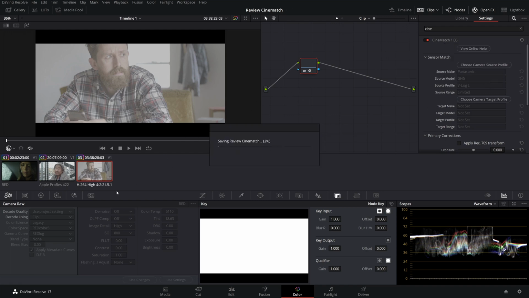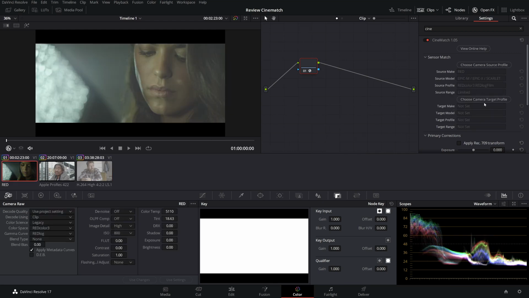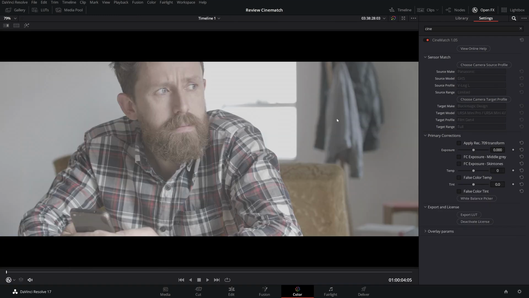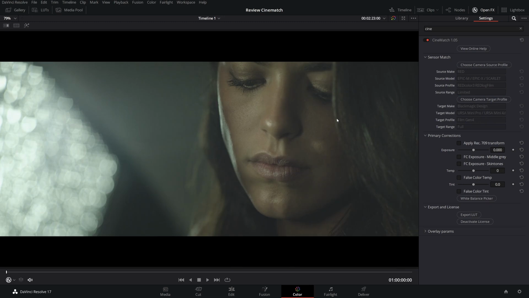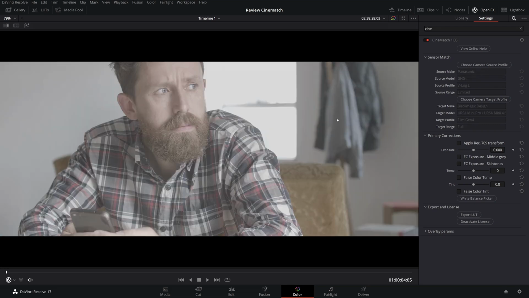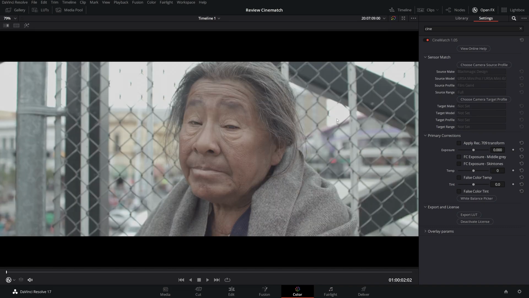We are ready to go. We're gonna get this G85 and bring it to Blackmagic Design Film Gen 4, and then do the same with the RED one, Blackmagic Design URSA, and that's it. So we're gonna say, okay, this one looks almost the same, but this one is very different because of course we have a totally different photography with different lights, and this one is pushing to green and everything, but we're gonna try to put them together.